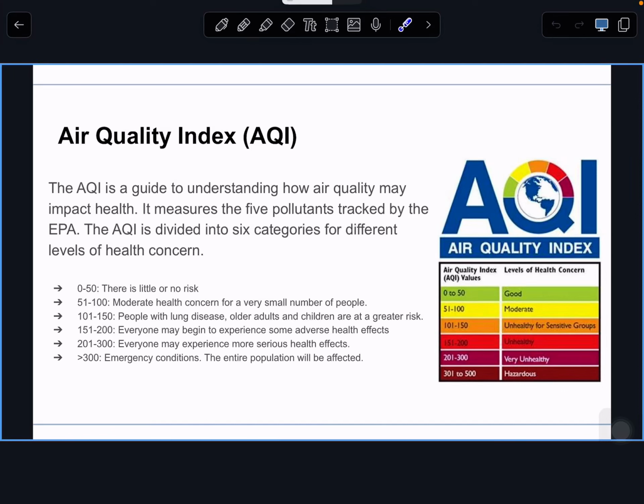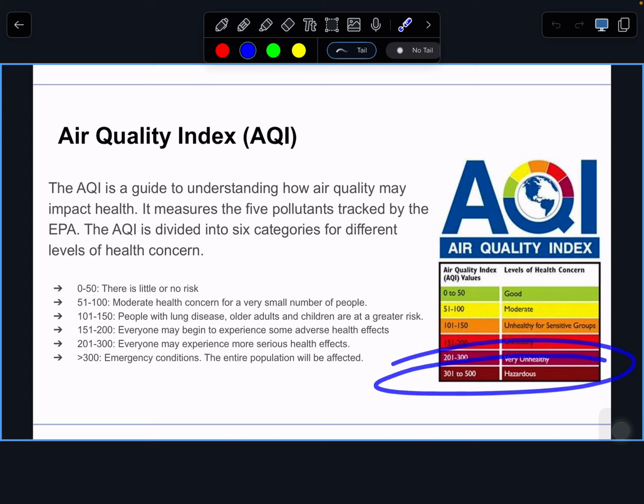Be aware of, if you pull out your iPhones, on the weather app, it actually will show you the air quality index for the day. So you are able to see this whenever you pull out your weather. 0 to 50 is really good. 51 to 100 is moderate. 101 to 150 is unhealthy for sensitive groups, which are people that are usually older or really young or have asthma or breathing conditions already. 151 to 200 is unhealthy. 201 to 300 is very unhealthy. And then 301 to 500 is hazardous.